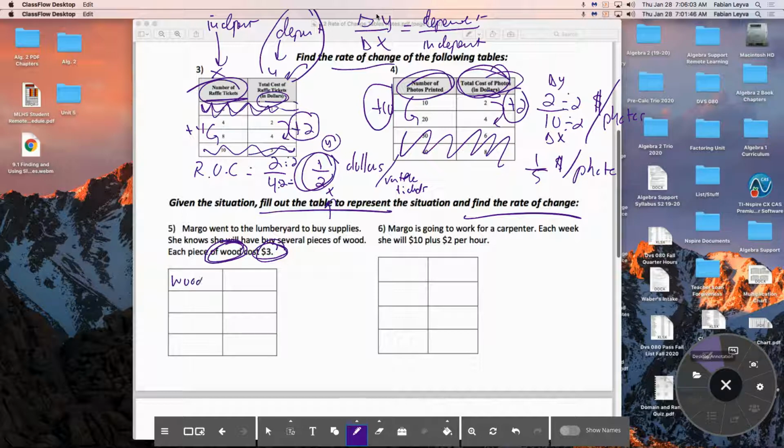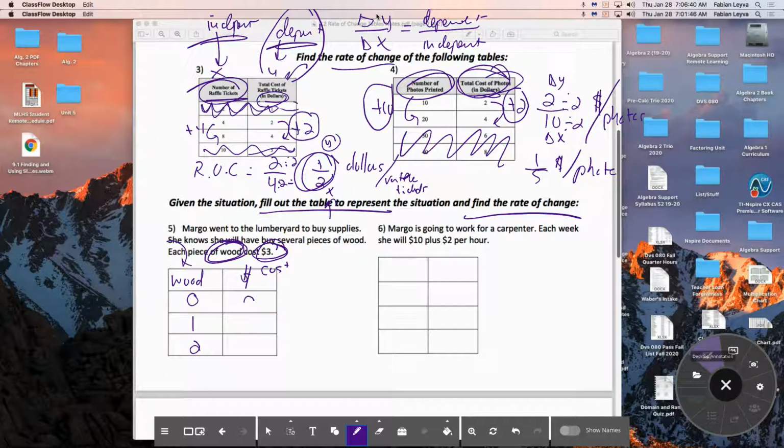So I know that whenever you set up your table, it's always, again, your x value, which is the independent, and then your dependent is whatever is dependent, right? The cost is going to depend on how much wood. Now, what is the least amount of wood? And it doesn't really matter what you choose, as long as you're sequential in what you choose. For instance, if you say, okay, I'm going to buy 0 pieces of wood, I'm just going to go see stuff. You have to go, okay, 1 and 2,